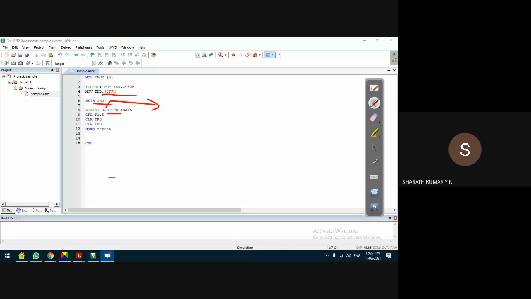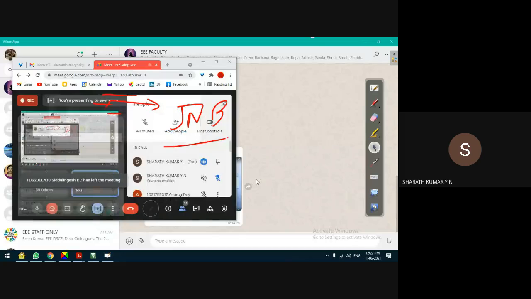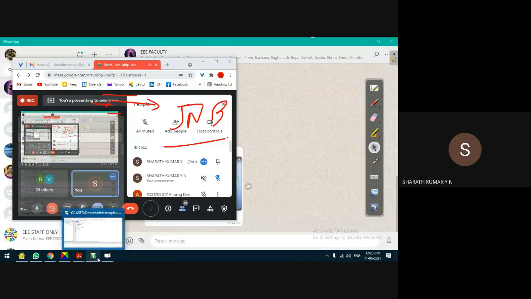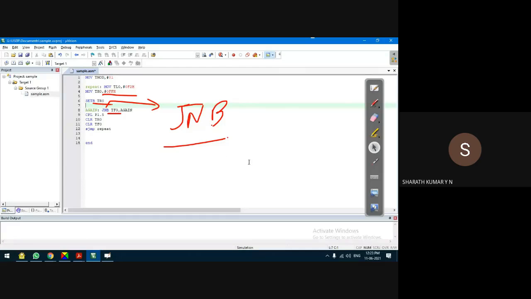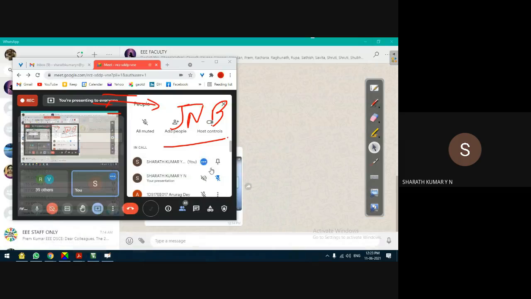I had added a question in the last class. What is the C statement equivalent to JNB? Can somebody tell me? The C statement should continuously evaluate some bit condition. Let us see. If somebody can answer that question today, you can Google it, no problem. After all, it's a time to learn anyway. All of us are learning.